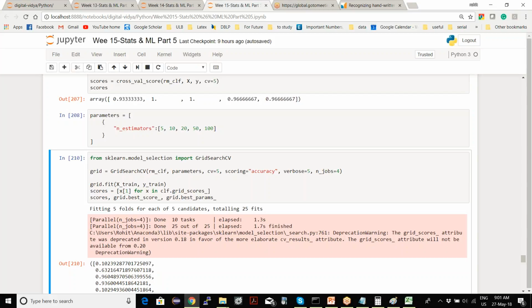The first part was, I said you spend 80% of your time in data pre-processing and data cleaning, right? Then training your model is very fast. It doesn't take much time because the algorithms are given, you run it and done. Then the last 10 to 15% of your time goes on picking the best model.